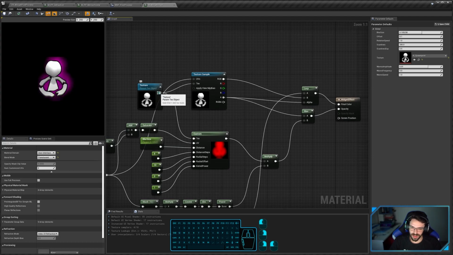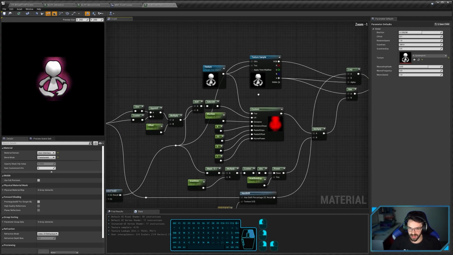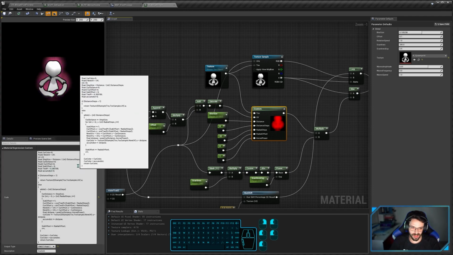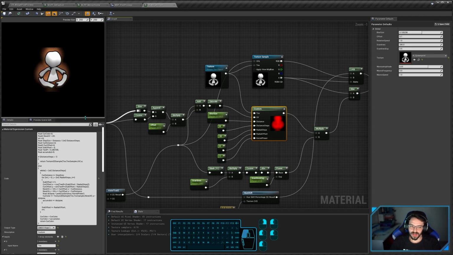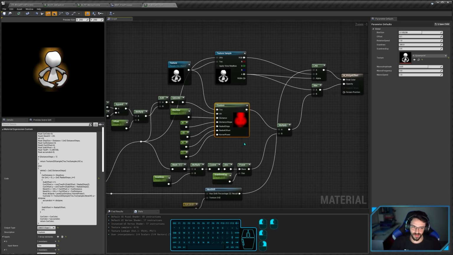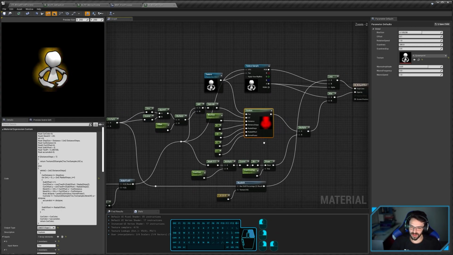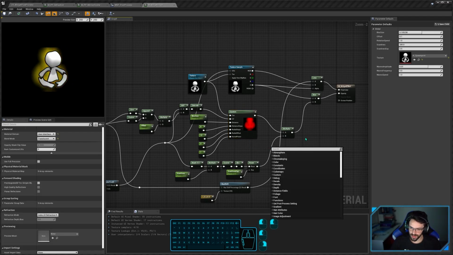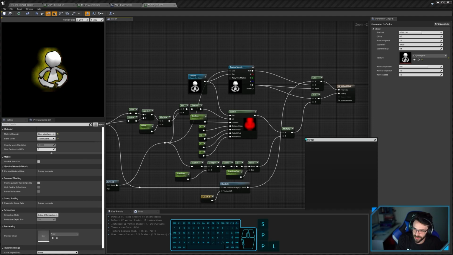So you can get the texture and just display it as it is, or multiply it by some color, etc. What I'm doing here is I'm passing this texture through a custom node that creates a blur effect. And this is something I got from Unreal itself. I just modified it to do a few things different with the alpha channel. But Unreal has a blur spiral